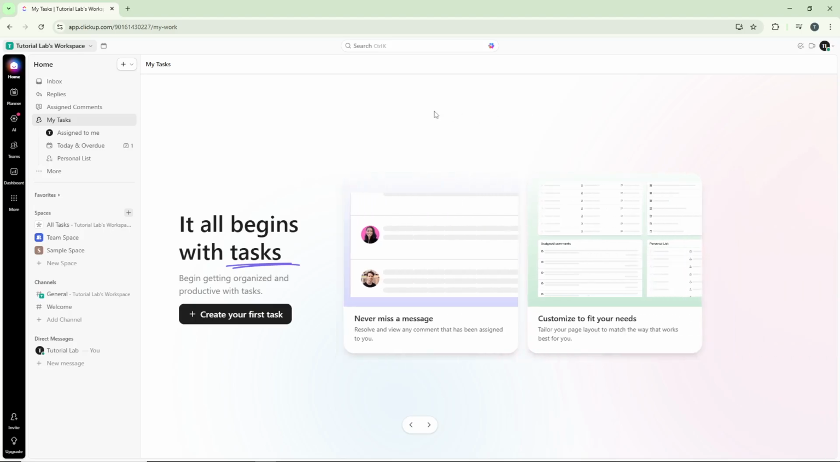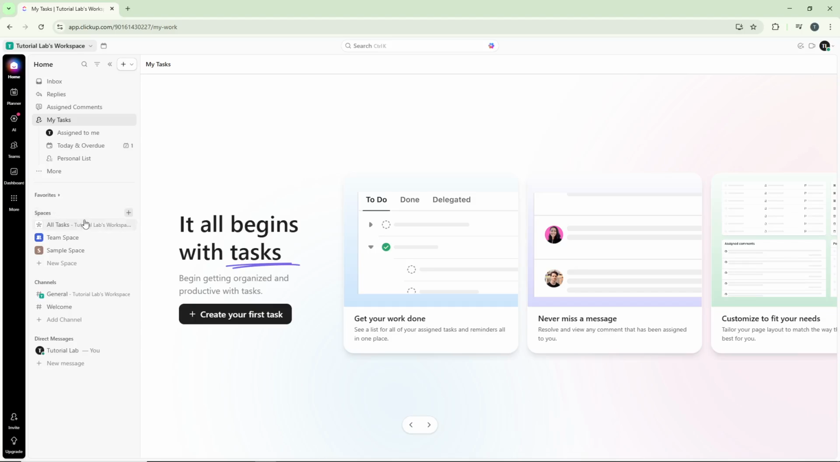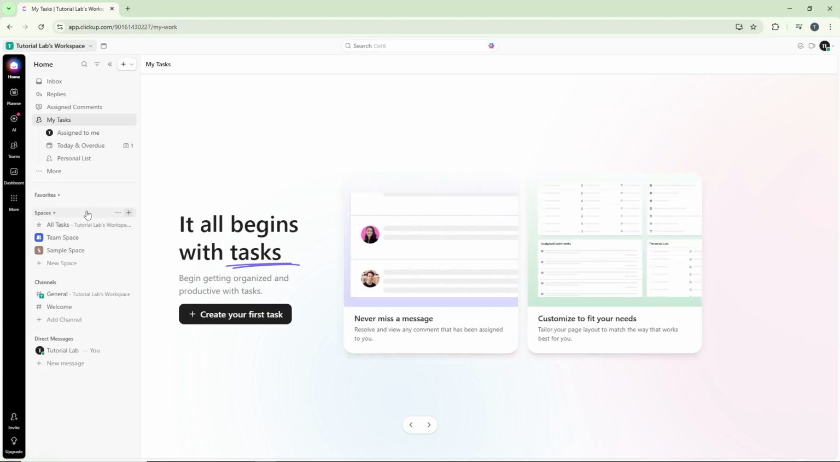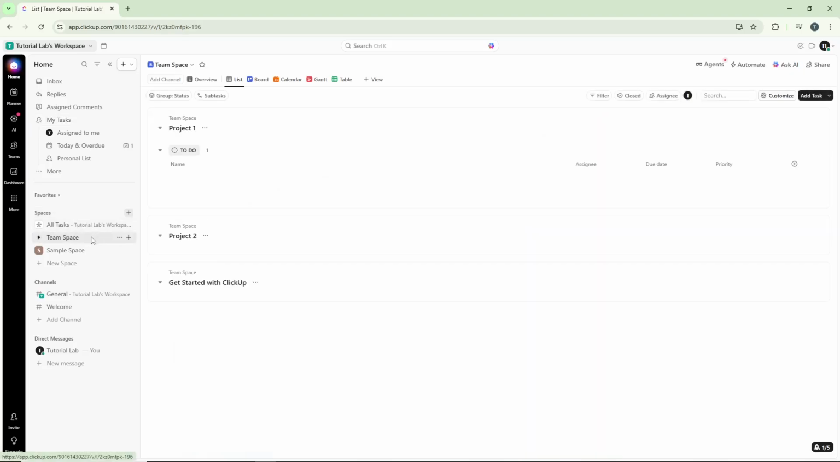Now, on your panel, look for the section labeled Spaces. Spaces are essentially containers that help you organize different projects or departments within ClickUp. Click on the specific space where you want to add the new user. This is important because it determines where this person will have access and what they'll be able to see or